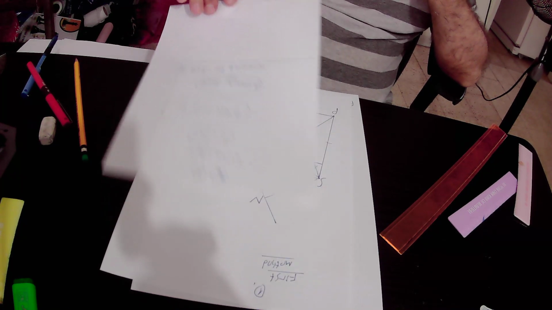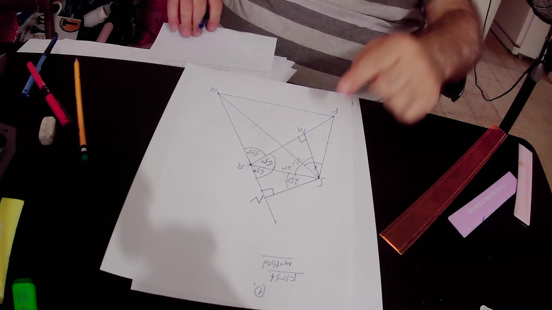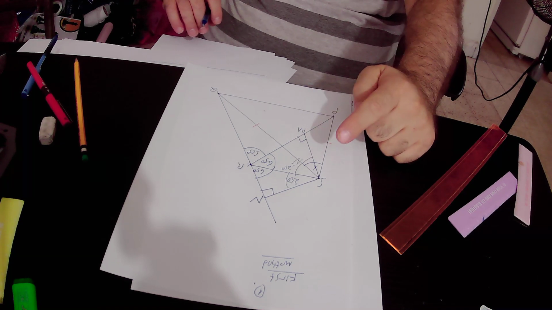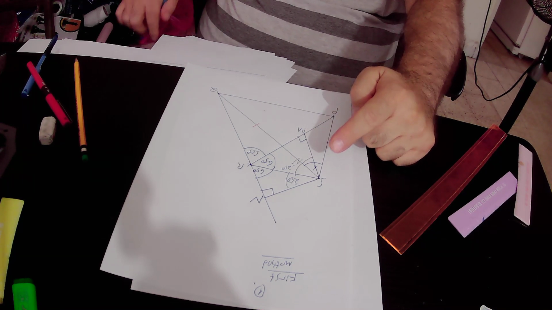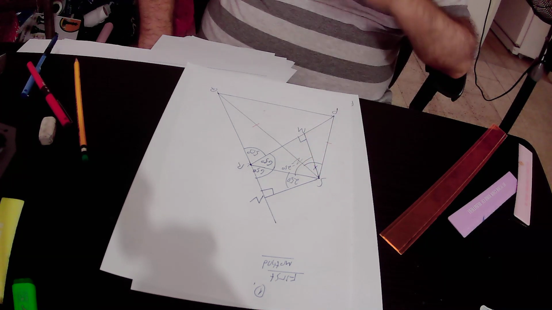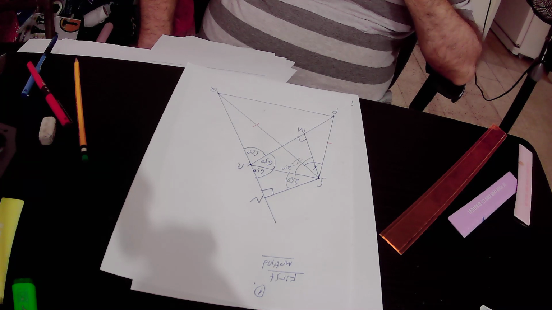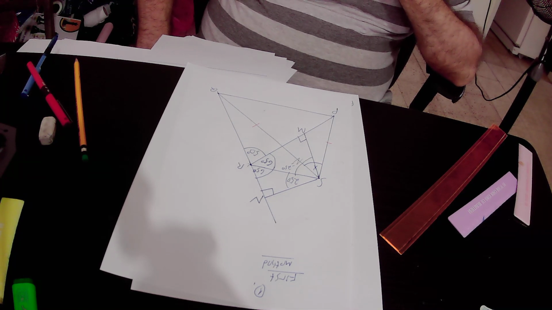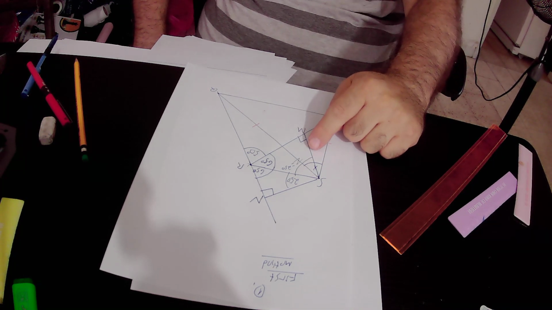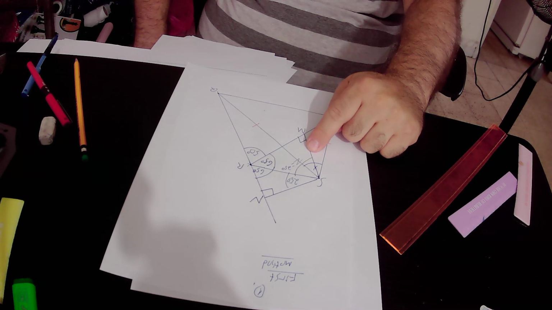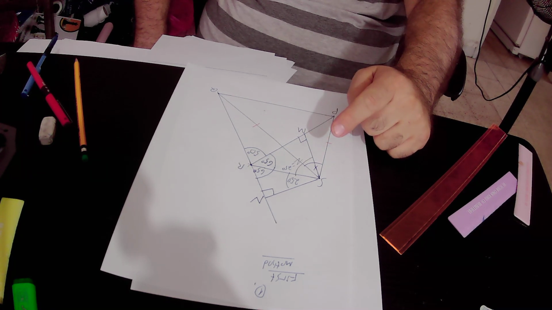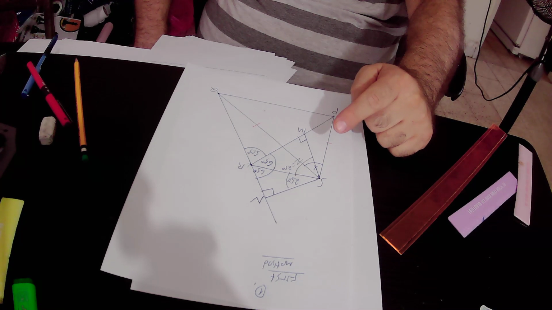So from the fact that the right triangle SMR is congruent to the right triangle SNR, we can conclude that